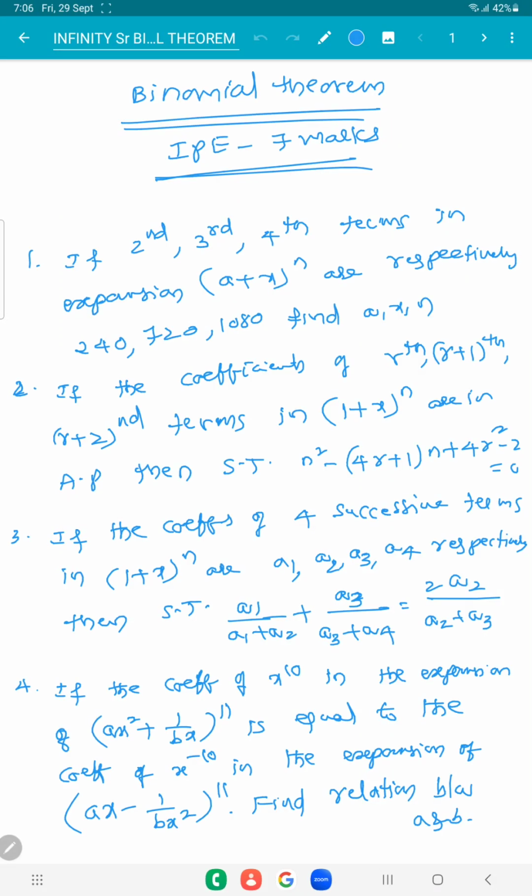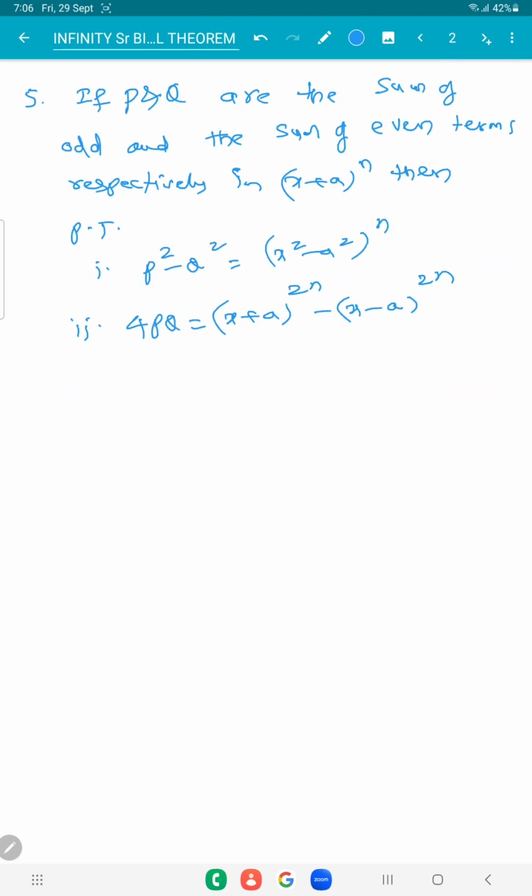Hi, today we are going to discuss binomial theorem. These are 7 marker questions for the Intermediate Board of Examination, IPE, Intermediate Public Examinations. These are the first 4 questions, and one more question is there. So this is the 5th question. To start,